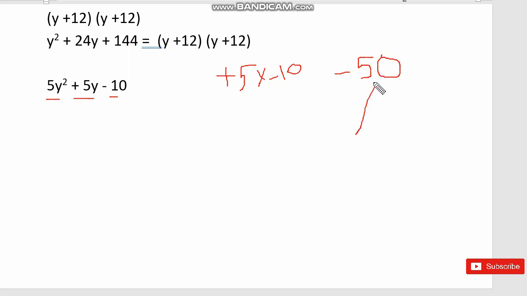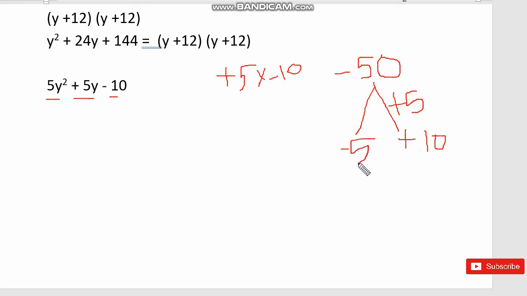How can we factorize it? The product must be negative 50 and the sum must be plus 5. So this is our concept, or the rules, or the conditions which must be satisfied. So what are the factors? If there is a negative sign in the product, one must be negative and one must be positive. The bigger number gives the middle sign. So in these factors, the bigger number will get the plus sign. So we know, plus 10 minus 5.